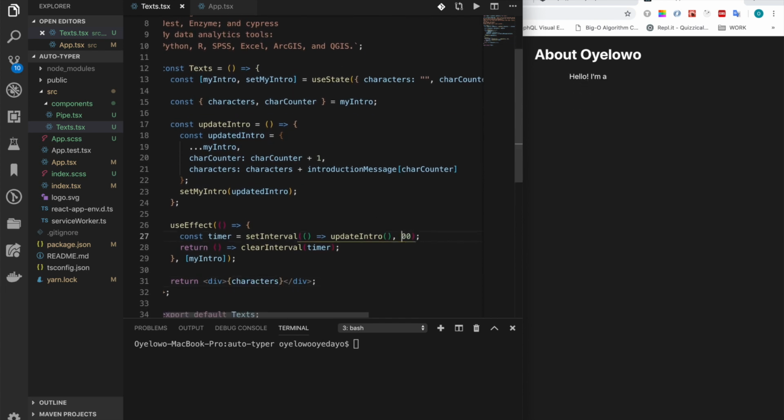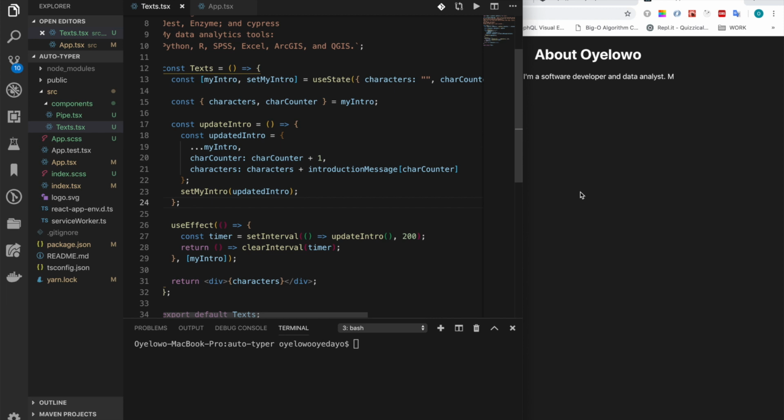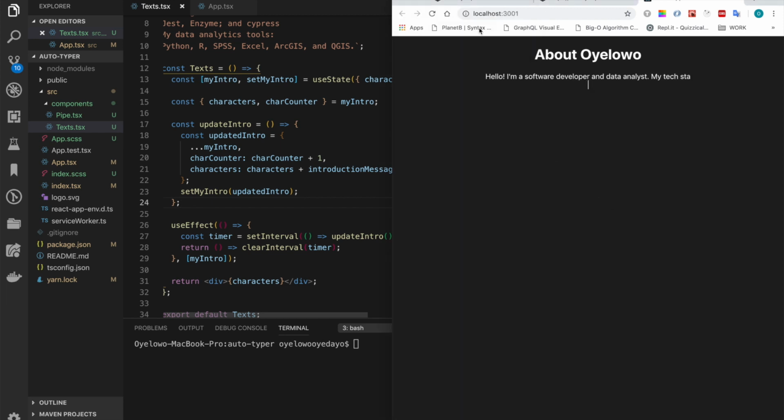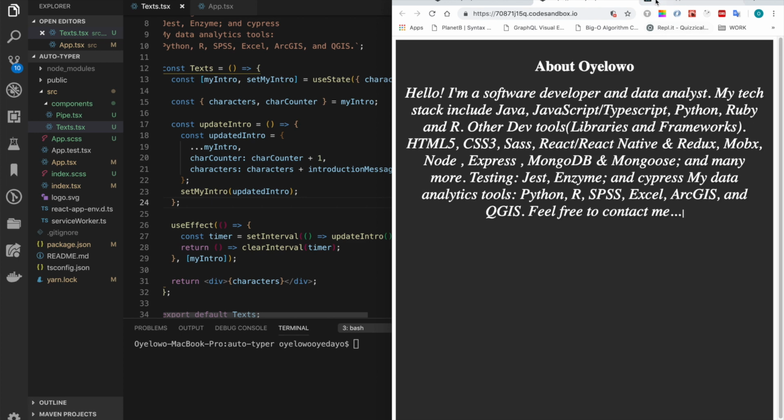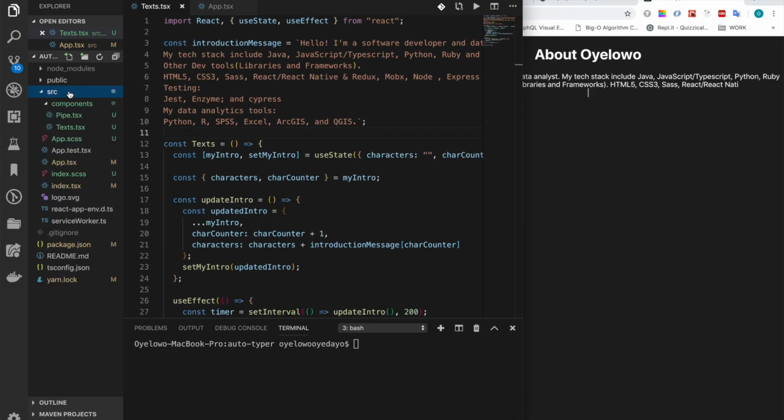We can increase this to 200. So now it's coming. But of course, when you're typing, you're typing at different intervals. So what we could do is get some kind of random numbers between two numbers. So I have that already. So I'm just gonna copy this real quick and put this in